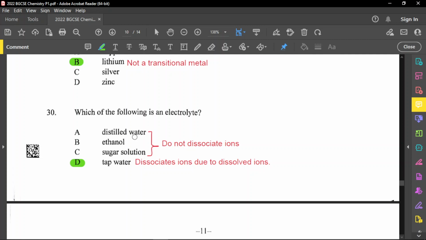As a matter of fact, an easy way to determine if it's an electrolyte is that in a solution form, you'll have ions present. In other words, it will dissociate ions or discharge ions in an aqueous form or a solution form. And so distilled water will not do that. Ethanol will not do it. As a matter of fact, ethanol, as you know, is a non-polar substance, right? Sugar solution is the same thing, will not discharge ions or dissociate ions in a solution form,